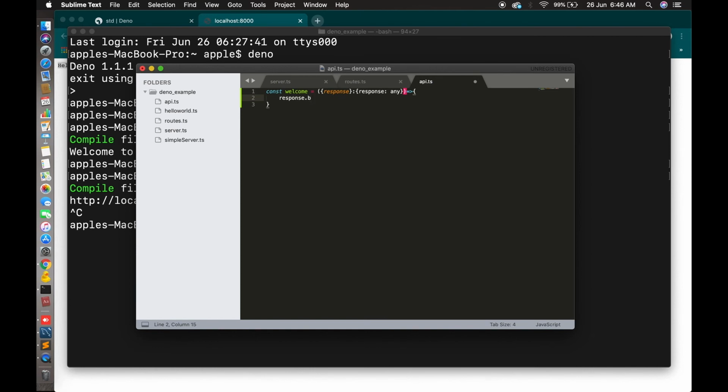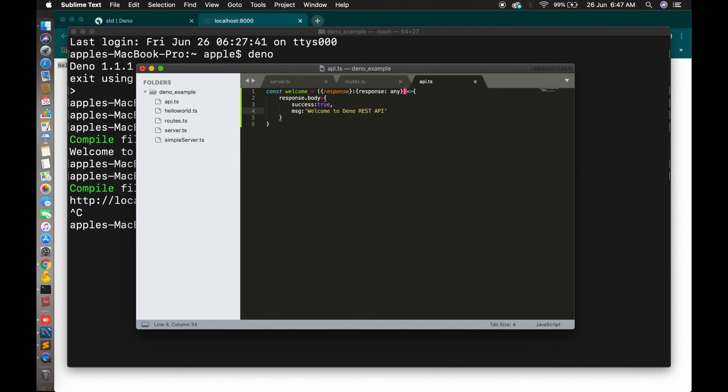Yes, done. Within that we will write the response body, response.body. I'm just giving you static data. Once you have connected to your MySQL or your database, you can give the data accordingly, whatever the request has made. So this is simple data I'm writing. Suppose instead of data you can write message, and the message I can write: welcome to Deno REST API. Yes, this function is done.